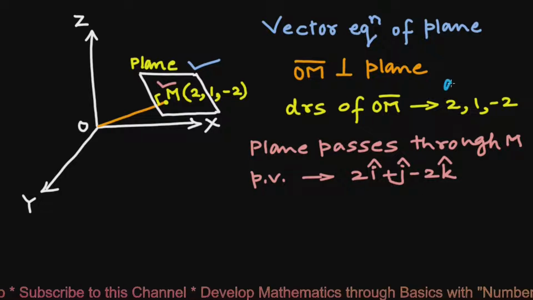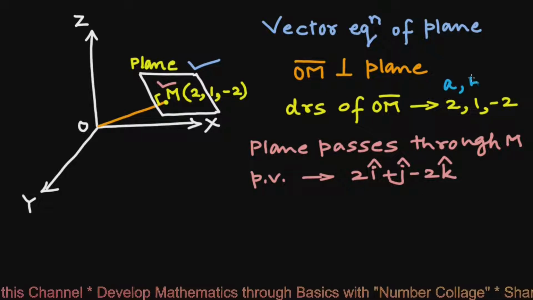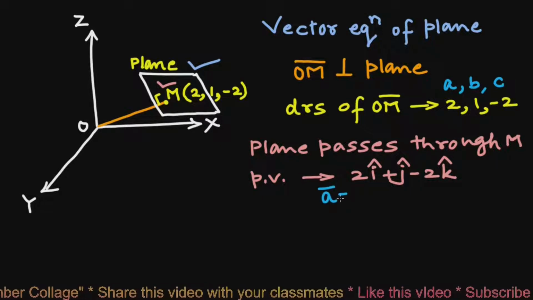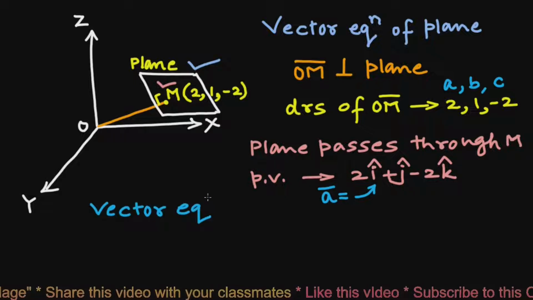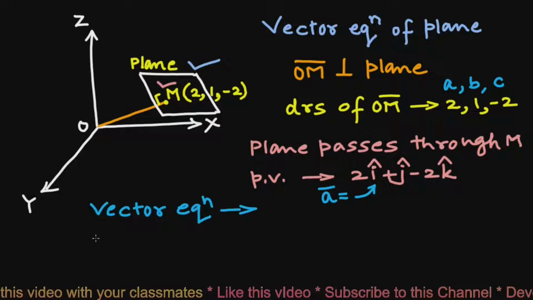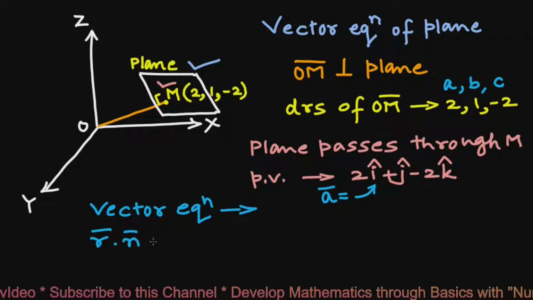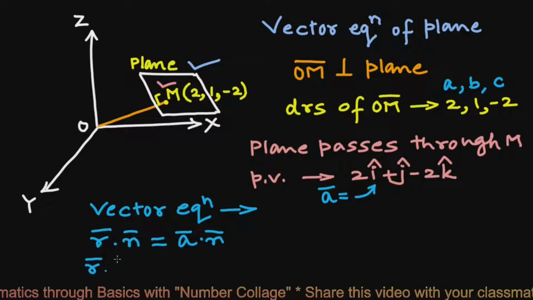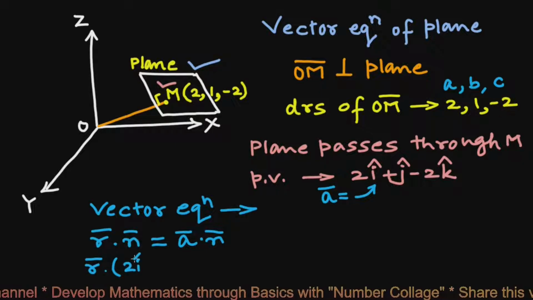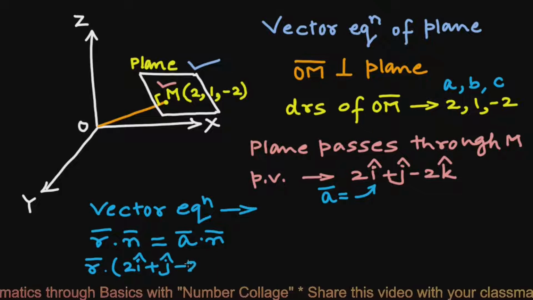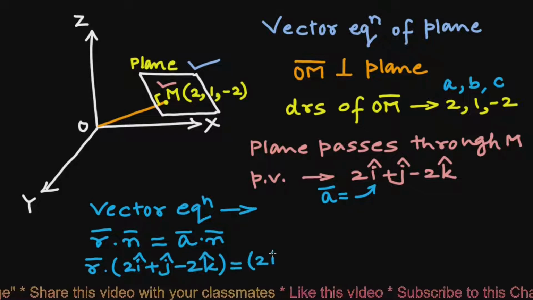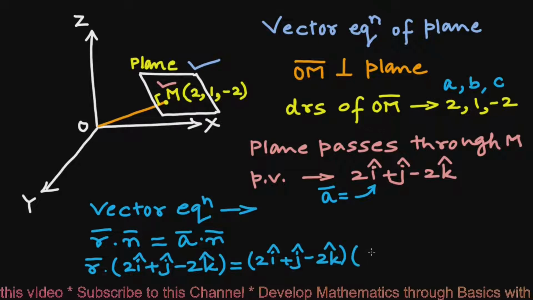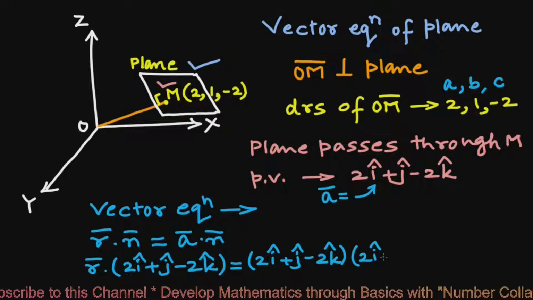Therefore, we have DRs a equals 2, b equals 1, and c equals minus 2, and a bar equals this vector. So the vector equation of the plane will be r bar dot n bar equals a bar dot n bar. So it will be r bar dot n bar, which is (2 i cap plus j cap minus 2 k cap), equals (2 i cap plus j cap minus 2 k cap) multiplied by n bar, which is also 2 i cap plus j cap